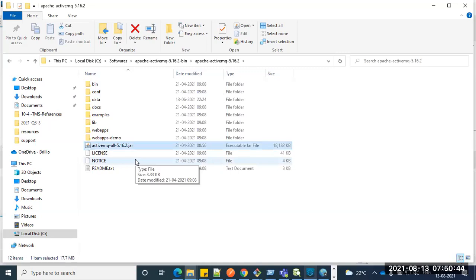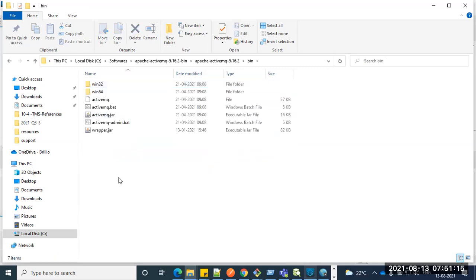5.16.2. So if you remember, when you're trying to interact with any other third-party system, we need the dependency, right? Like how we did with the database. Similarly here as well, we need this particular ActiveMQ all jar files. It contains all the jar files. Or else individually you have to download them and put in all the dependencies when you're trying to interact with ActiveMQ via the JMS component, right?